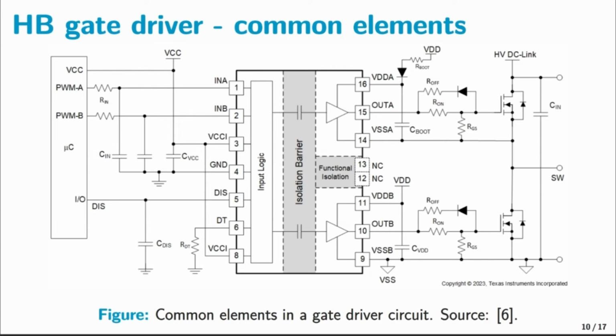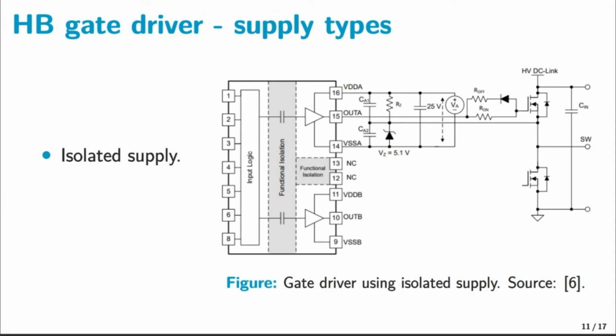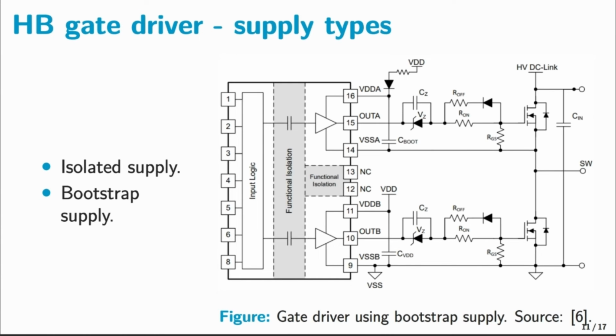On the output side, each transistor gate is driven by a dedicated circuit. Here, the turn on and turn off gate resistors, denoted as R on and R off, play a critical role in controlling the switching speed and managing electromagnetic interference. The secondary side of the gate driver may use separate isolated power supplies for each switch. However, when cost or space constraints exist, a bootstrap arrangement can be used, requiring only one isolated supply. Keep in mind, though, that this approach limits the achievable duty cycle range.